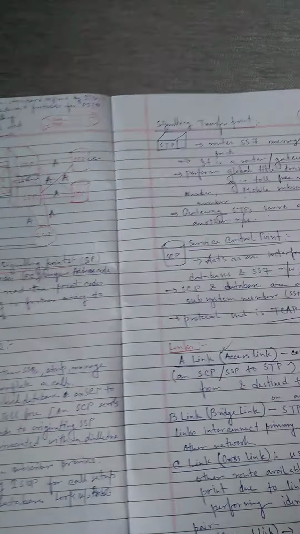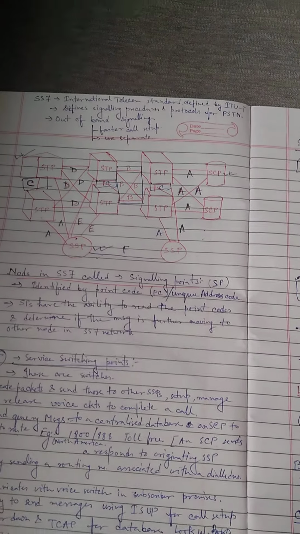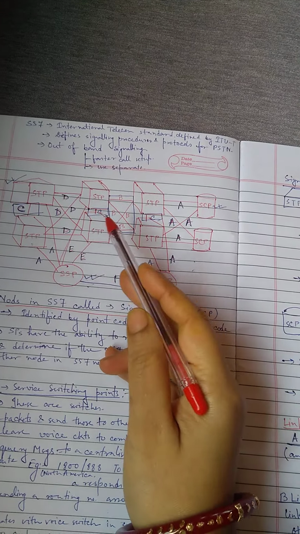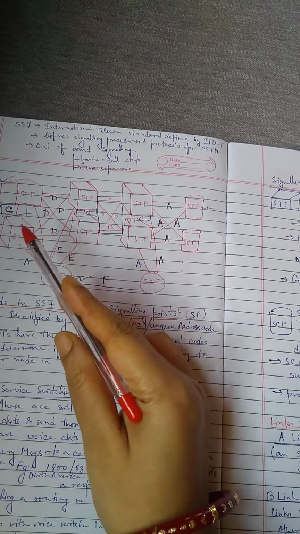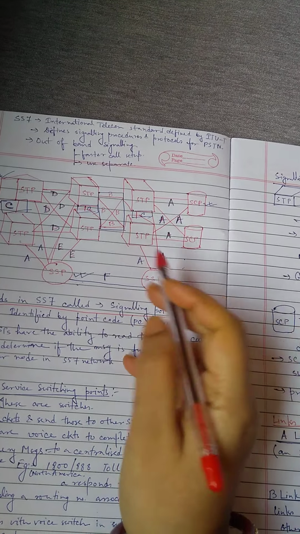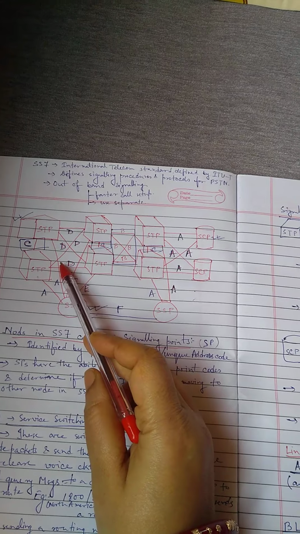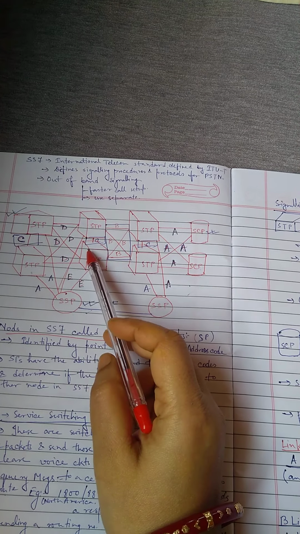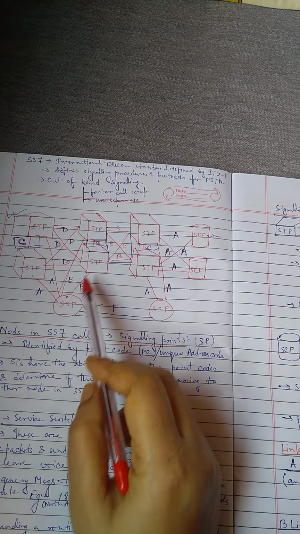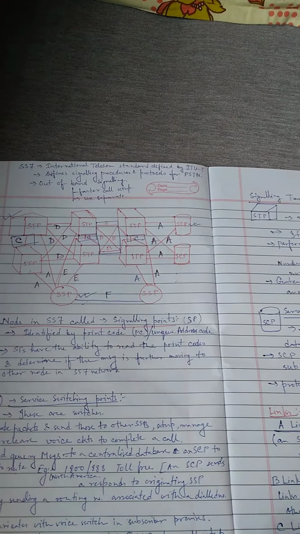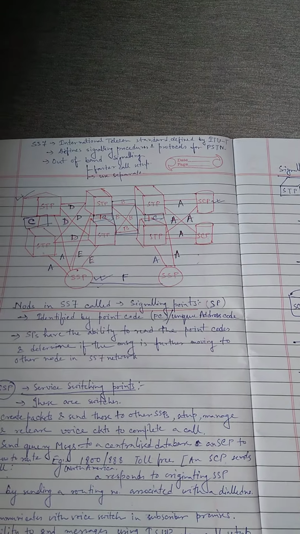So these three were my main topic of this SS7 network, the signaling points of the SS7 network, described here. Next I'll come to the links used in the SS7 network. Here you can see that between these signaling points are given some names like A, C, D, E, B. So what are they? A is an access link, B is a bridge link, C is a cross link, D is a diagonal link, E is the extended link, and F is the fully associated link or fully connected link.